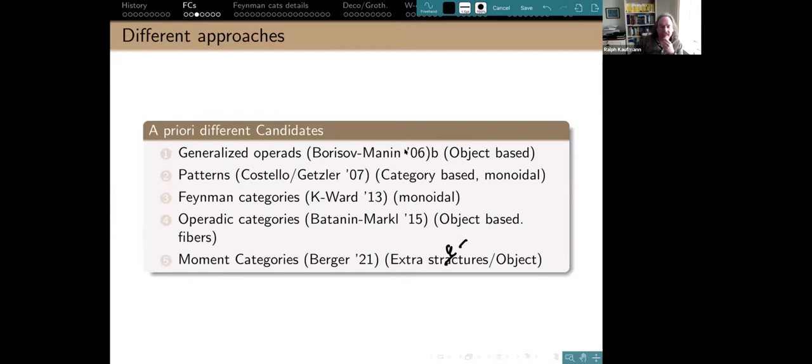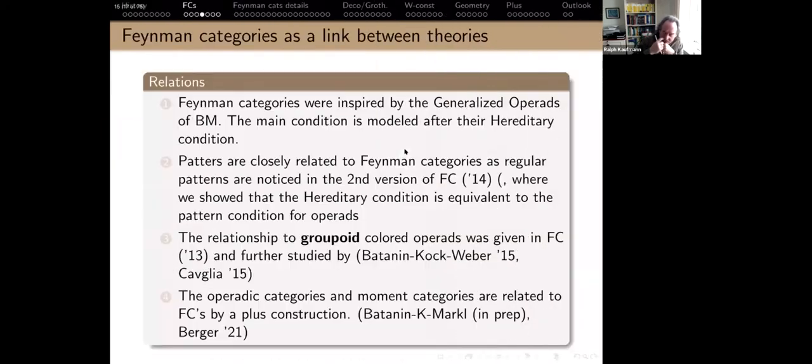So these are older, but they just appeared, whatever, like a week ago, last month. So just the end of last month. So there are moment categories by Clemens Berger, which also partially cover this idea of how to put together several things, and especially the higher categories of Batanin. And you can view Feynman categories as linked with that theory. So a priori, these were different approaches. A posteriori, after being formulated and discussing with people, there were